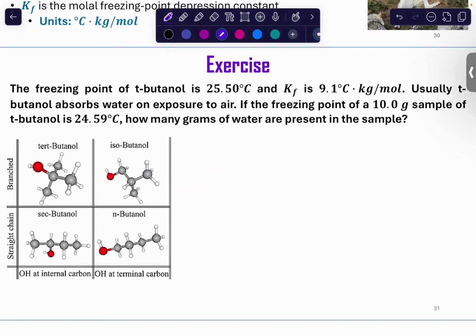All right, so the freezing point of T-butanol, or the tertiary structure of butanol, you're going to learn about all these structures in organic. Your end structures are usually a straight chain. Your tertiary structure is particularly noted by the hydroxyl functional group on that central carbon. But you have 25.5 degrees Celsius. The mole freezing point depression